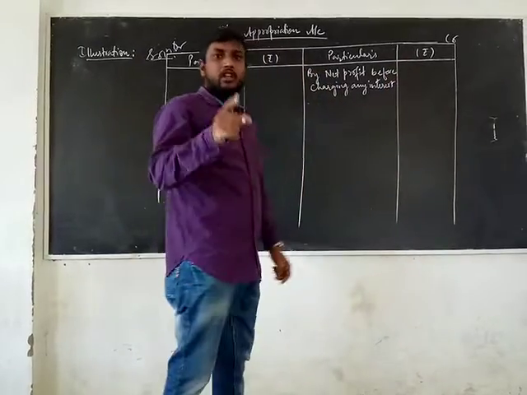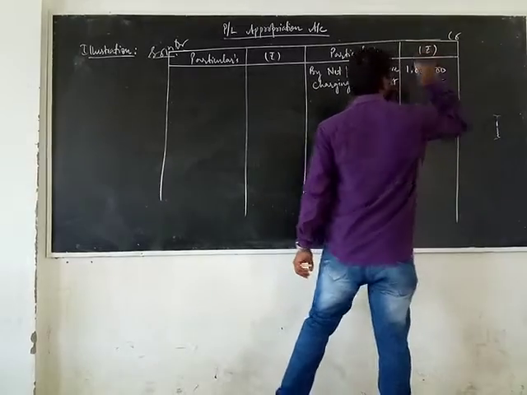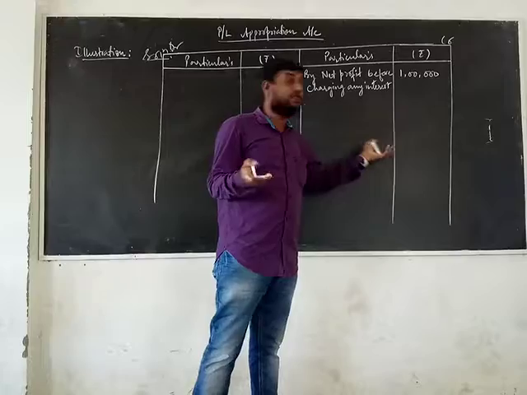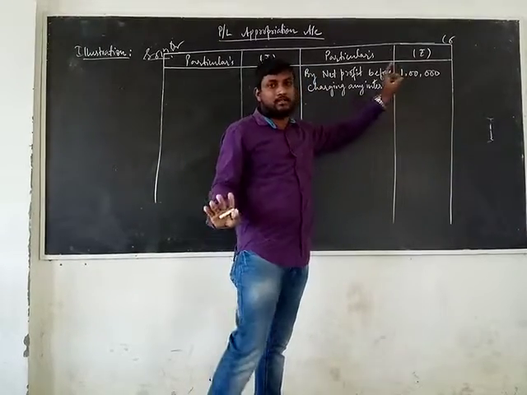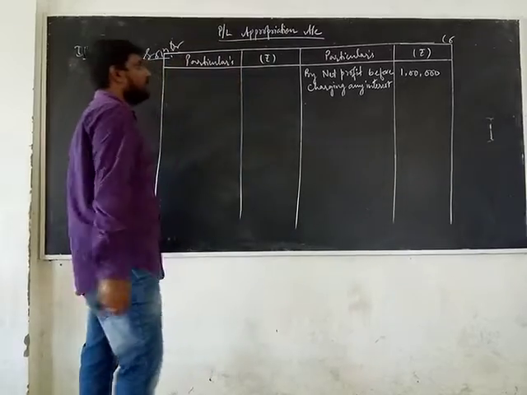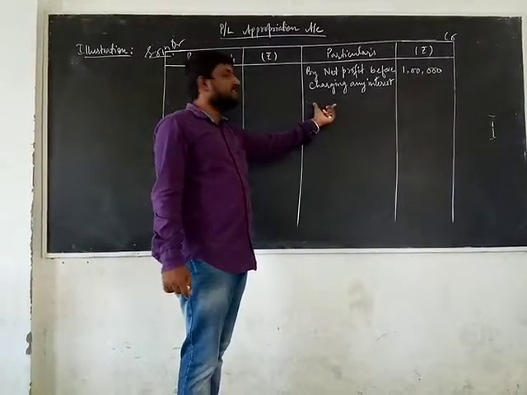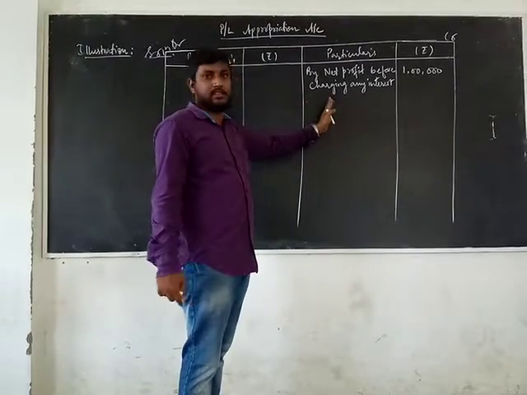What was the amount? Rupees 1 lakh. How much? 1 lakh. Is that clear? Understood? As you all know, P&L appropriation is the distribution of the profit. Now this profit amount will be disbursed amongst the partners. Got my point? Now move to the credit side, because on the credit side the only other item is interest on drawings, which is not given in the question, so we will skip this part here.